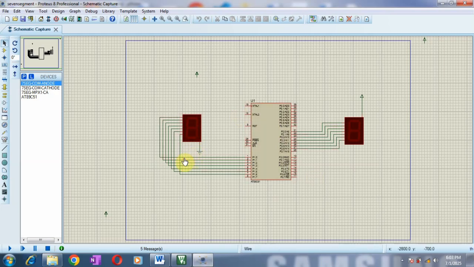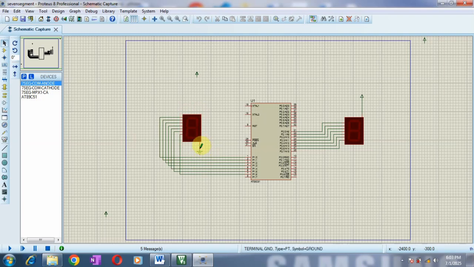Here I have connected the common cathode display to the port P1 and the common anode display to the port P2. One by one we'll see how it will display the numbers 0 to 9 on common cathode as well as on common anode. Now here if you can see, for common cathode, the cathode terminals of all the LEDs will be internally connected and we have to connect them to the ground terminal.